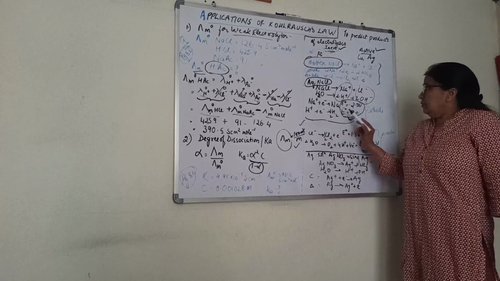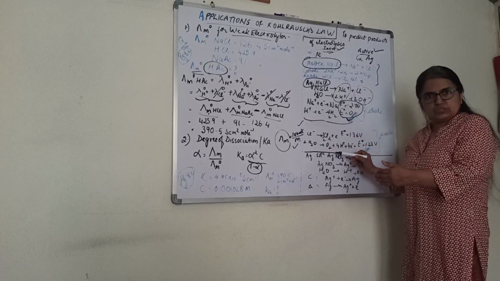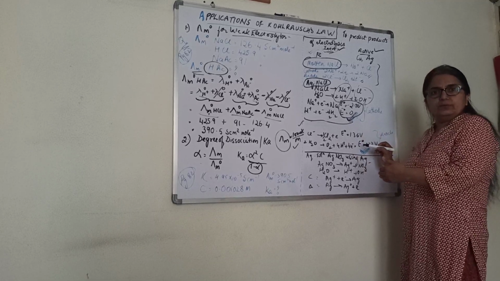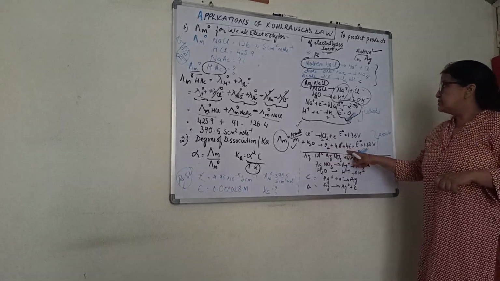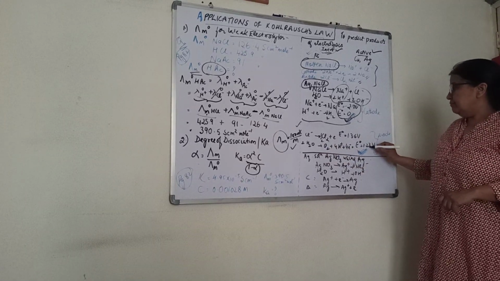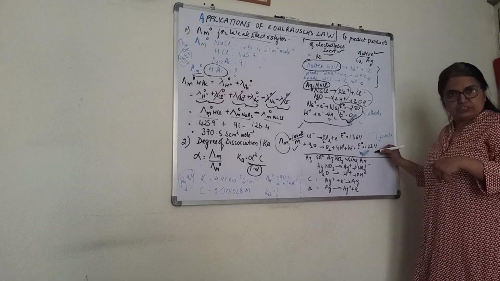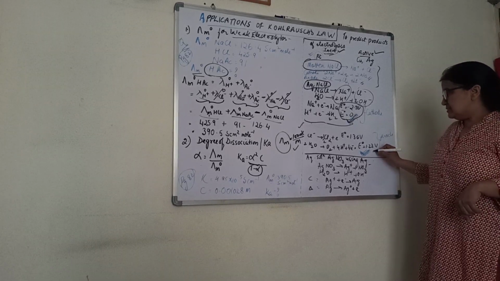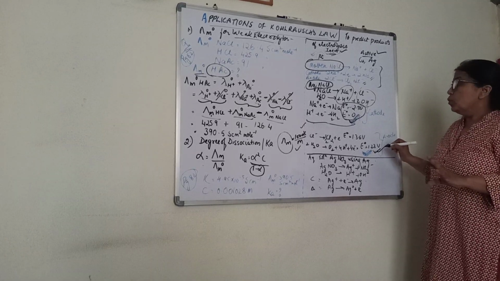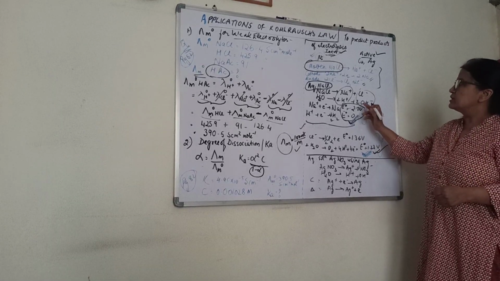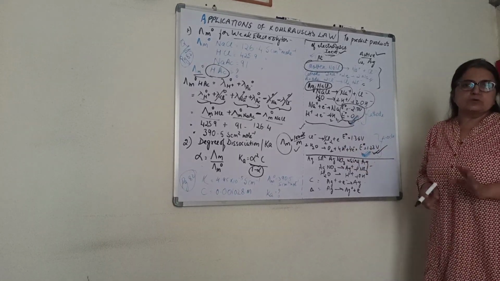Next, there are two anions also. For both the anions, again we will write the equations. We will compare their E naught values. When we compare their E naught values, we find that for this, that is OH minus, that value is less. Either it should be more negative or less positive. That is obtained at anode. So this is less positive, it is obtained at anode. So this equation will be there. So what are the products now? In this case, the products will be 1, hydrogen, 2, oxygen. These will be the products obtained.